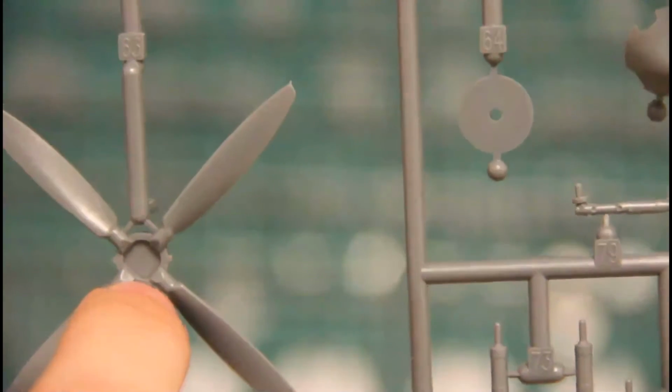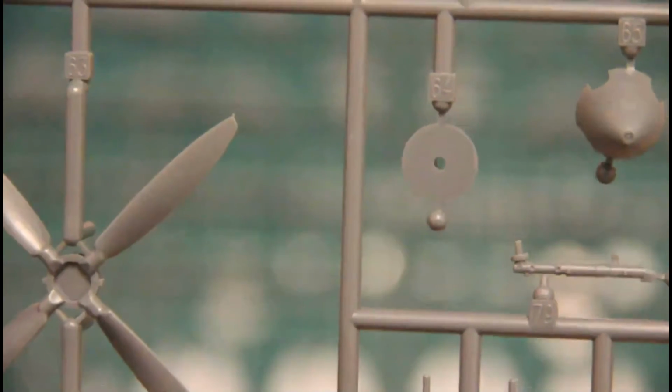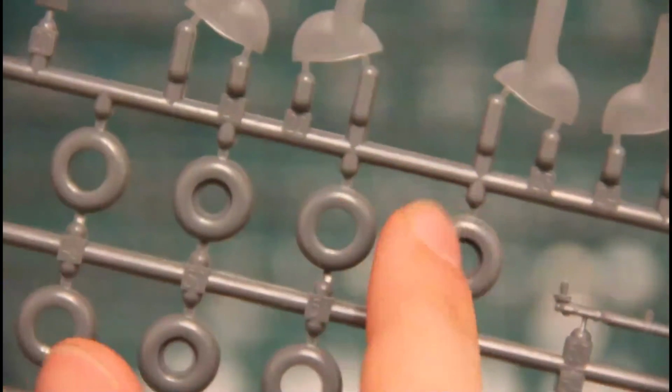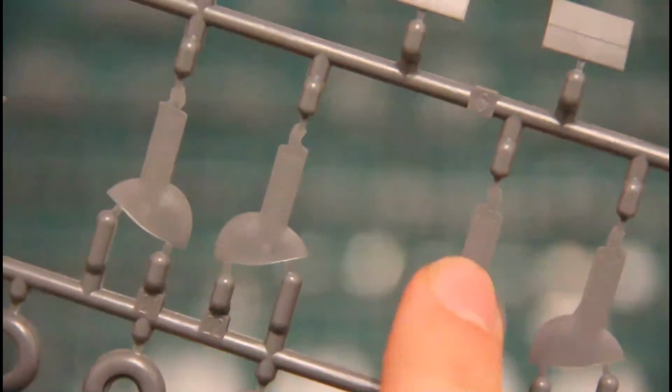Next sprue. That's what I like about this kit, and about some other Eduard kits: proper sprue attachment points. Because as you've seen on some newly announced kits which I've published on the website, they have attachment points on the blades, so it's not that smart, I would say. We have also two types of barrels, some wheel well parts, and some other wheels as well. Wheels will still be assembled from two halves, but they have separately molded hubs, and also here we can see landing gear legs. Here we can see landing gear covers and air intake parts, two types of exhausts, and what else? Exhausts are still nice